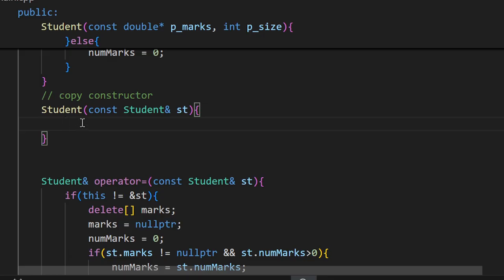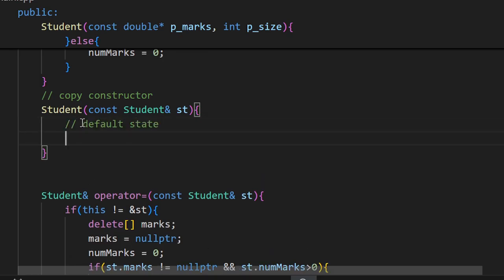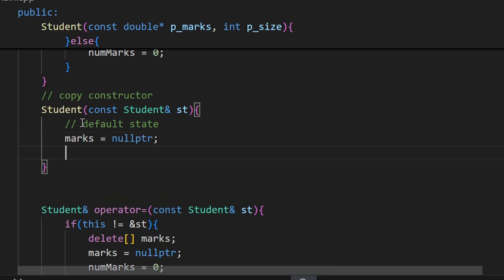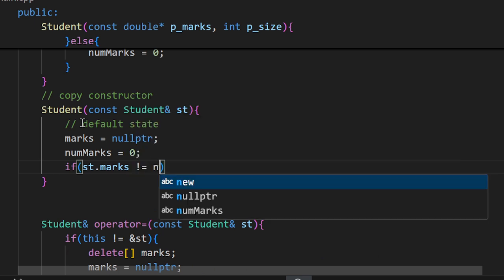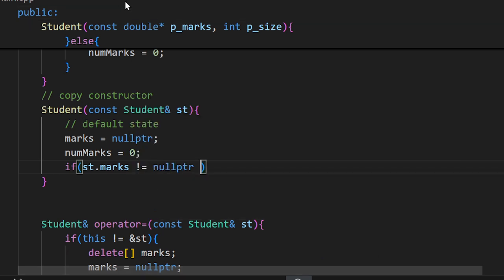In that case, the first thing I would do is set to the default state, and you can do that by setting these attributes to the default values: pointer to null ptr and number of marks equals to 0, and then you do validation, not equals to null ptr. You do validation of the data belonging to this object,